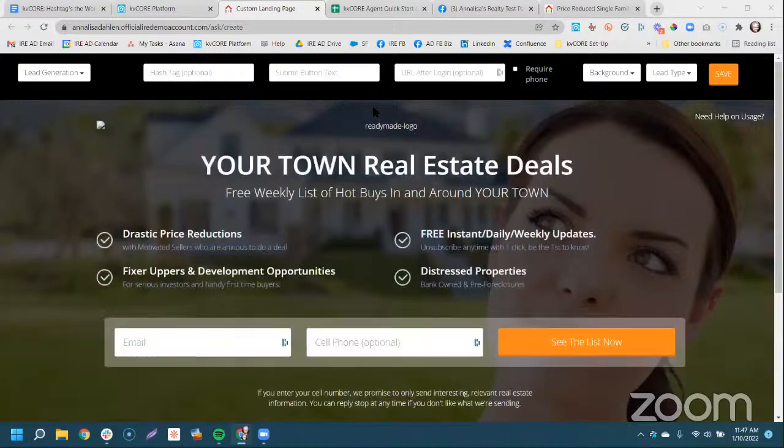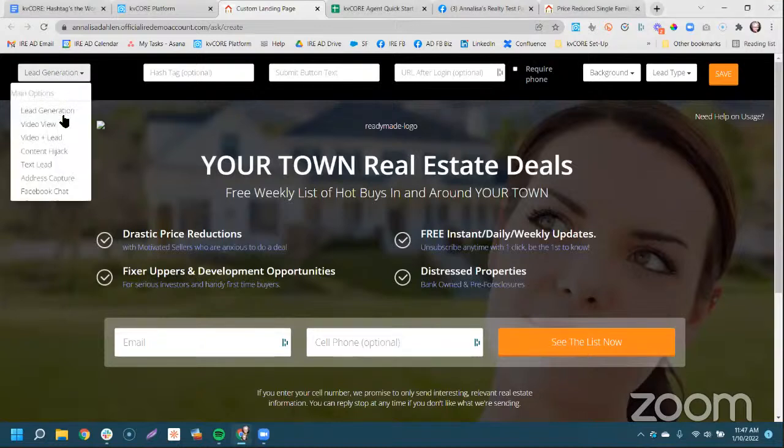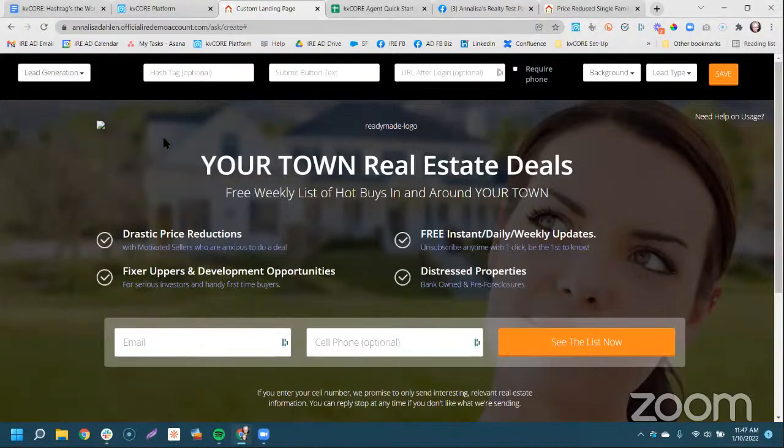And what we're looking at here, if no one's ever done one of these before, is the lead gen landing page. This is the one that opens up automatically at the top left. This is the one you'll probably use 80 to 85% of the time. Basically we're saying, okay, where are we going to send people when they click this orange button? We're going to send them to the URL after login. So that's our squeeze page. When they click this button, we're sending them to this link.